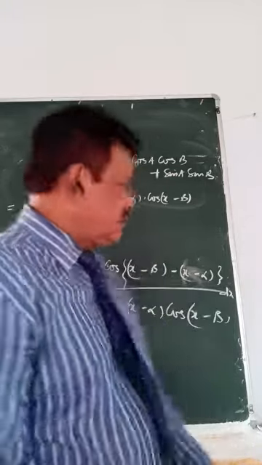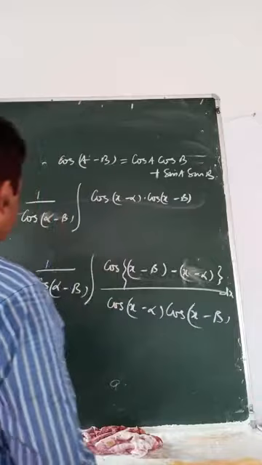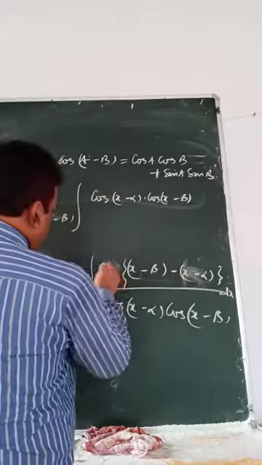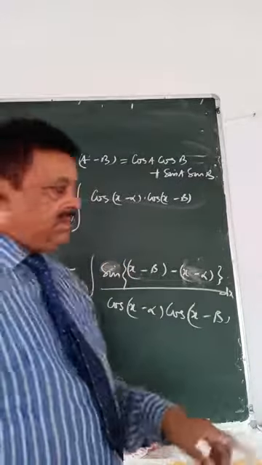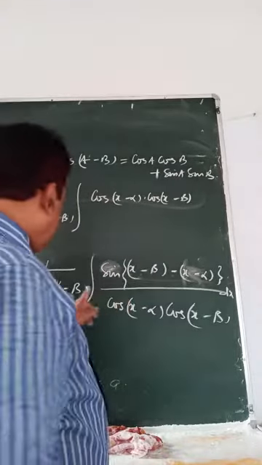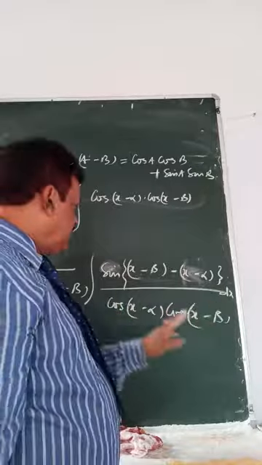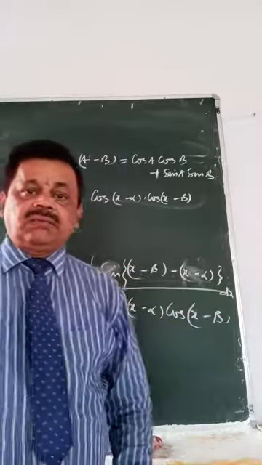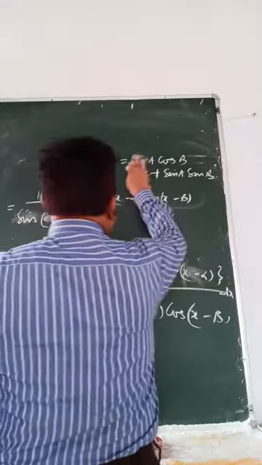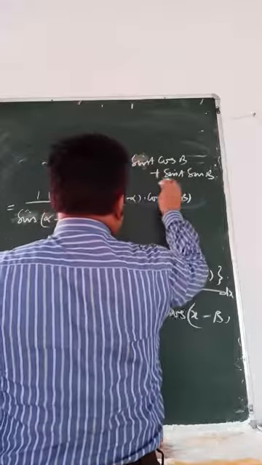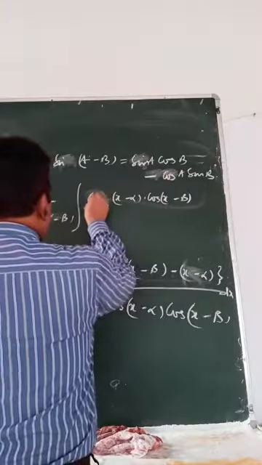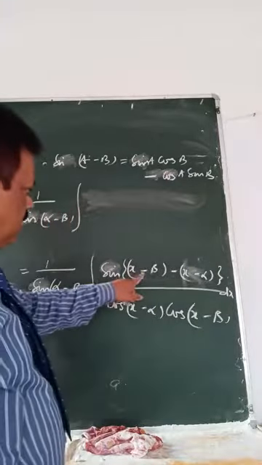I made a mistake, sorry. You have to always make it sin, not cos. So the mistake, it is sin here. You have to make it sin. Please do a correction. It is sin, not cos. You have to always divide by sin alpha minus beta, you have to multiply sin alpha minus beta, not cos. So this is sin. This will be sin A cos B minus cos A sin B.